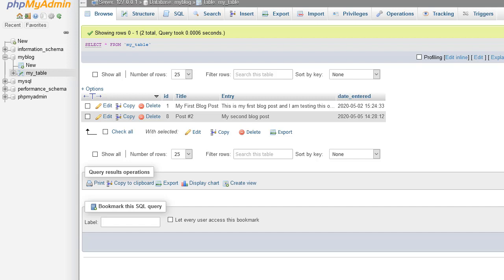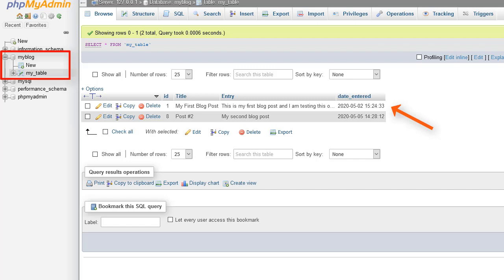In this video, I will show you how to make a connection to the database and display the data in the web page. But first, I will look at the data in PHPMyAdmin. So here I have my blog, which is my database, and I have one table, my_table. When I click on the name of the table, it takes me into the Browse tab, and I can see my data. I can see my header rows, and I can see that I have two rows or two records